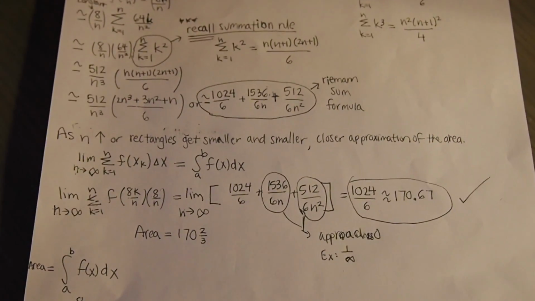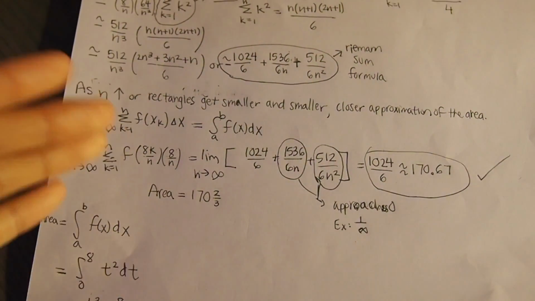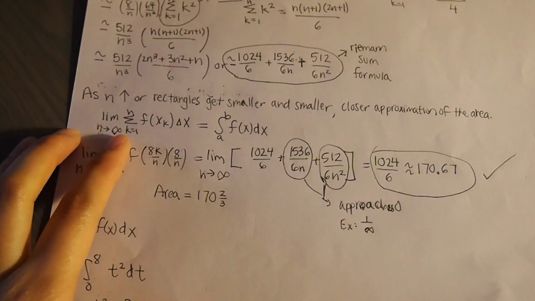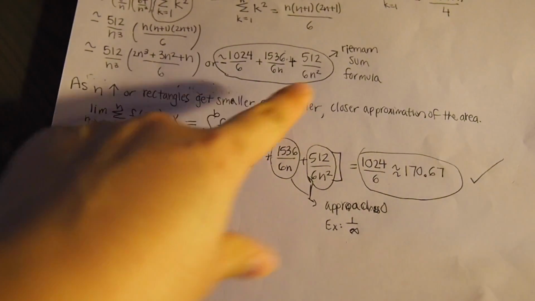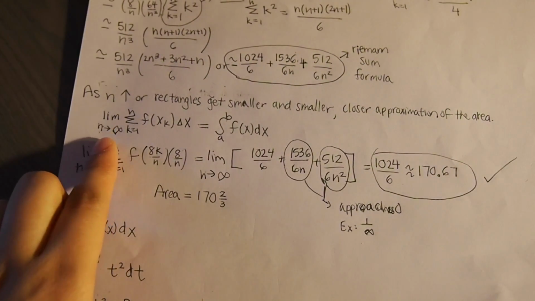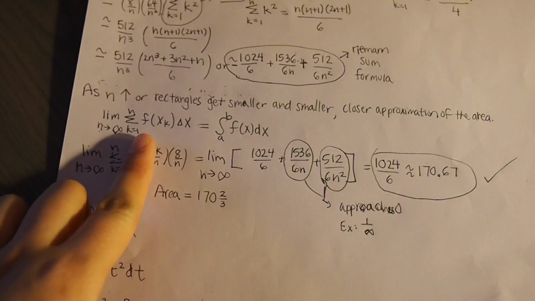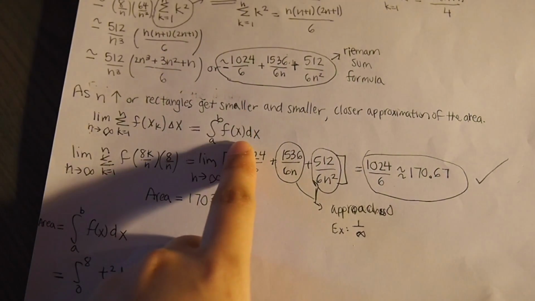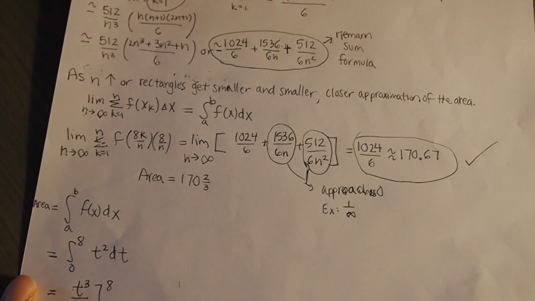Once we find the Riemann sum formula, we can actually find the area under the curve, because as n approaches infinity, the rectangles get infinitely smaller and give a more accurate, closer approximation of the area. You actually get the real area by finding the limit as n approaches infinity of the Riemann sum, which in this case is expressed in sigma notation, and it equals the definite integral of f of x from a to b, which I'll show you later why. So back to the original question,